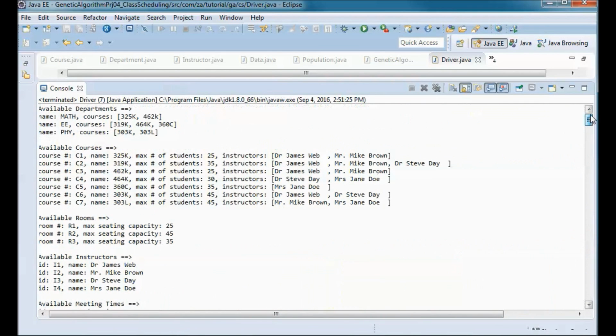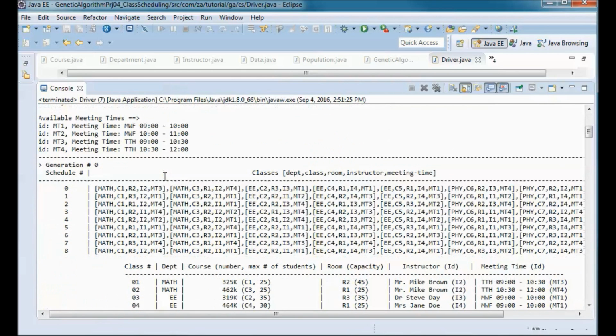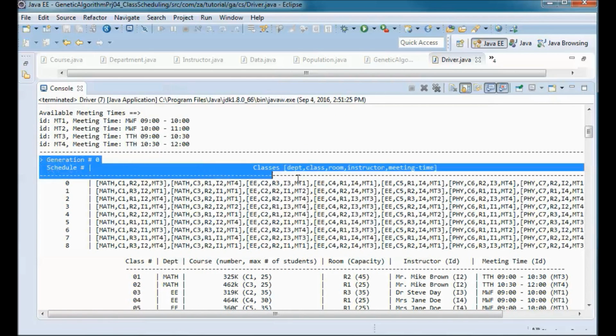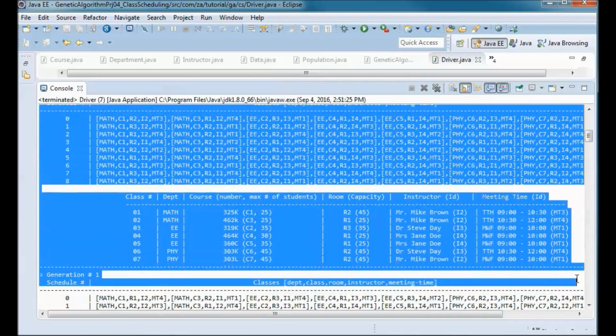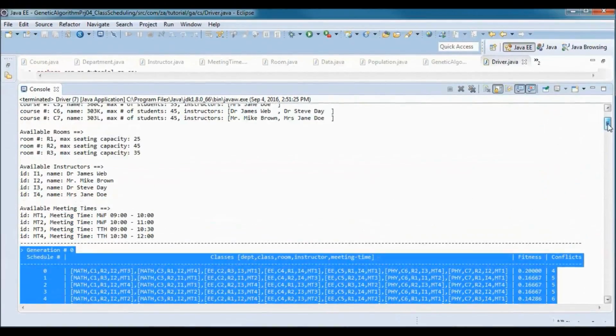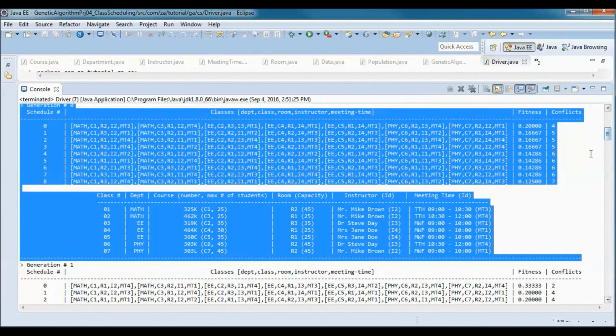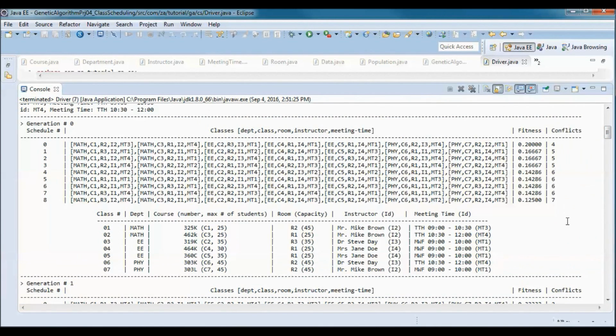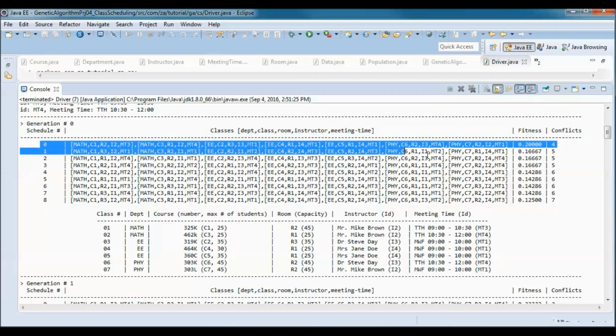So we went from generation 0, and so generation 0 has this is the fittest schedule with 4 conflicts.